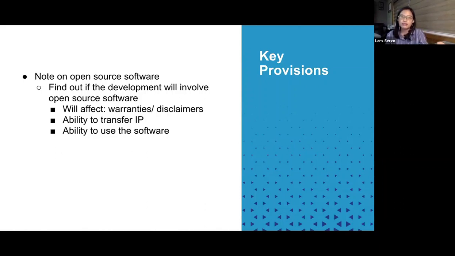So this would affect the ability of the provider to, let's say, transfer rights over the components involving open source software. It may also affect the ability of the end client to use that software. Like let's say if there are limitations, you're automatically bound by the open source license limitations.